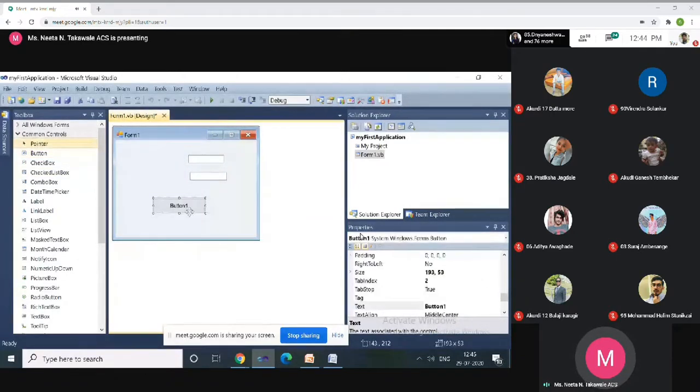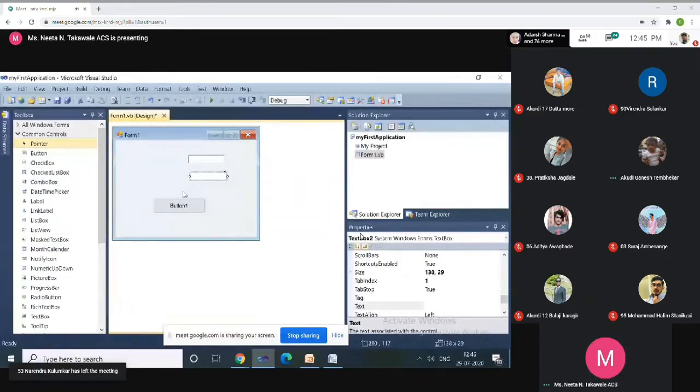When the user clicks on this button, it will display the addition of the two numbers entered in the first and second text boxes. This is the form. A form is a container, and on that form we can add different controls.